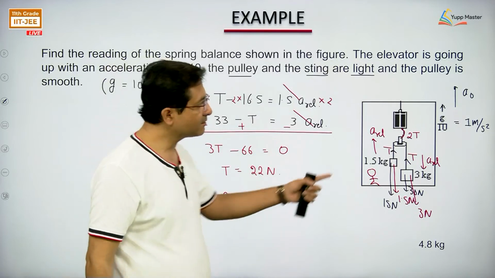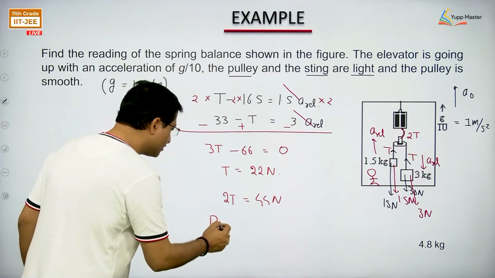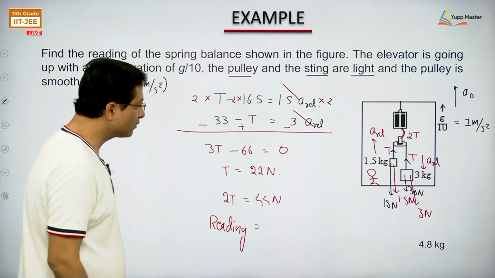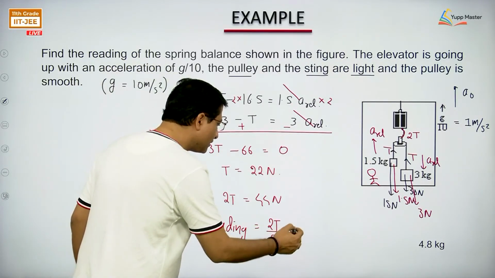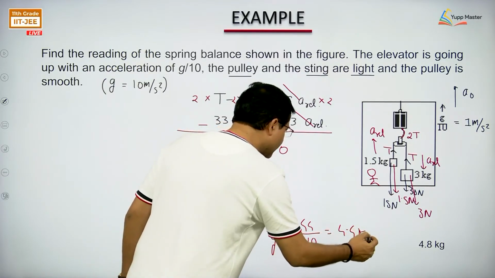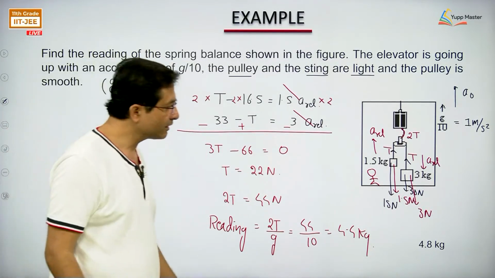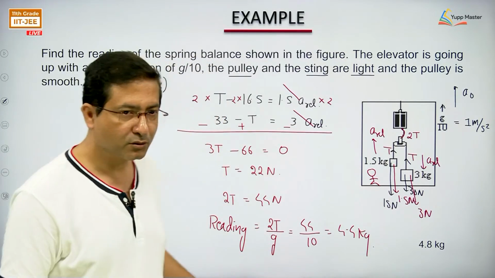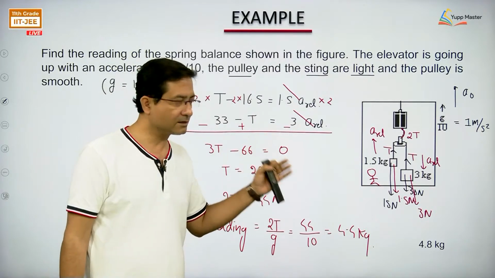As a spring balance measures mass, I will divide this value by g. So the reading will be 2T divided by g, that means 44 divided by 10, that means 4.4 kg will be the reading. I am taking g as 10, you take 9.8. I hope the approach is clear. I am going to get the same result